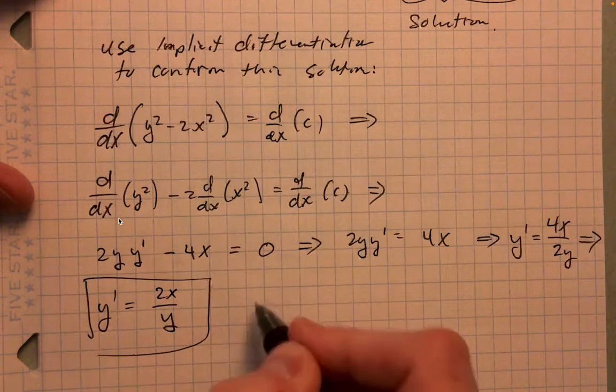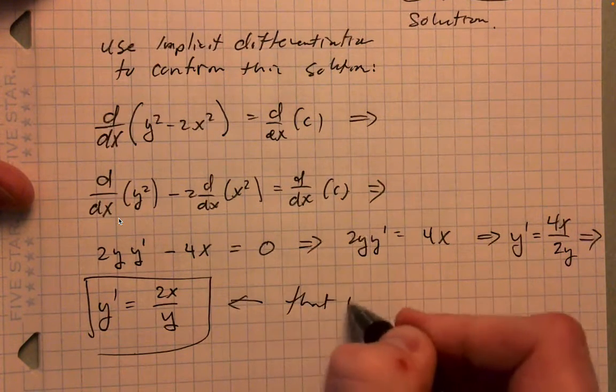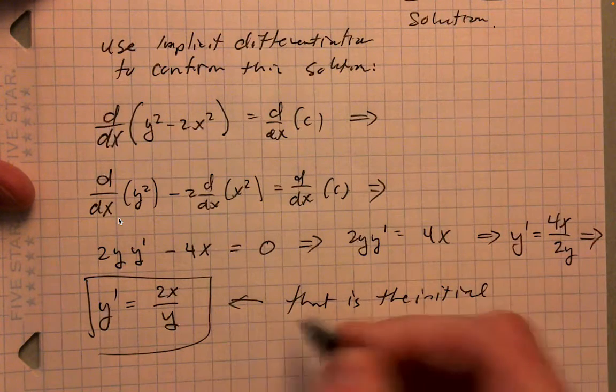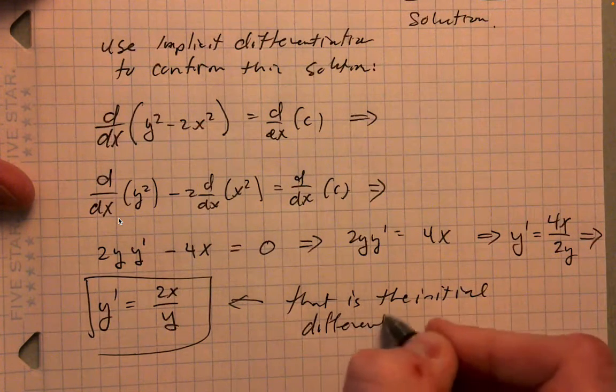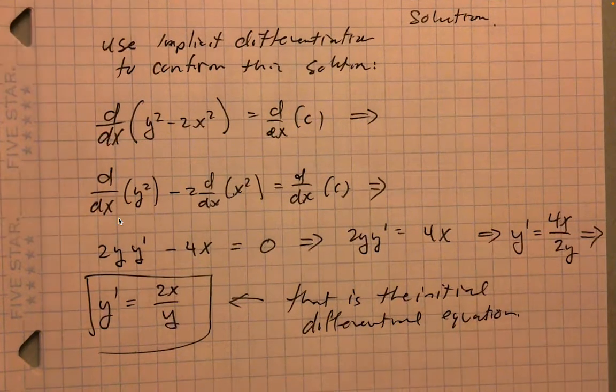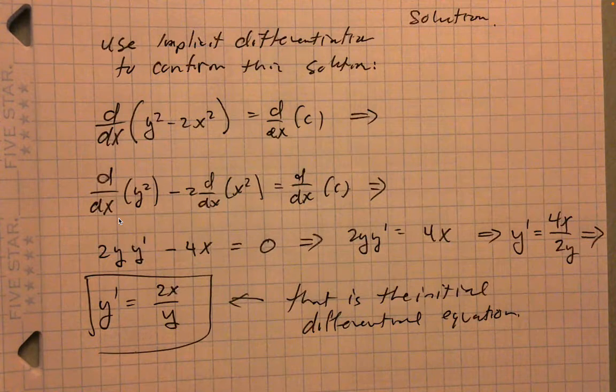And so that is the initial differential equation. Okay, perfect, right? So that's where we started. That's what we would expect, right? If we solve a differential equation by using integration to get rid of the derivatives, then we ought to be able to reverse the process by differentiating. Okay,